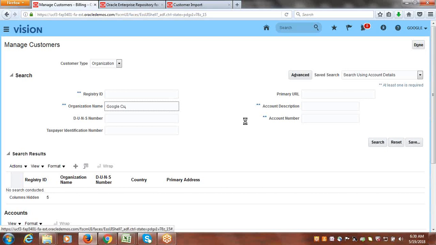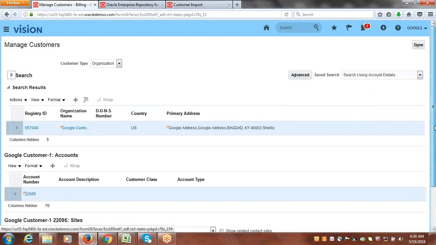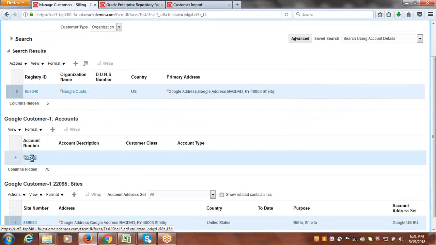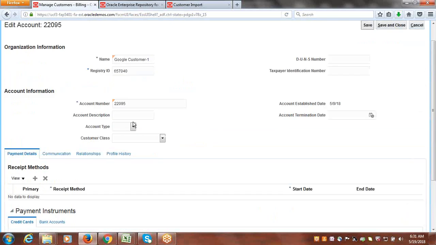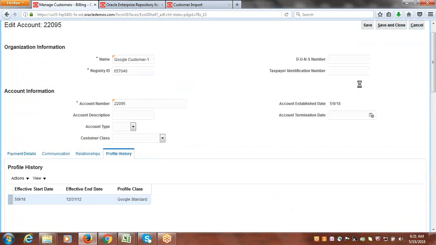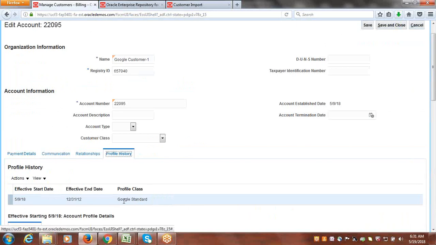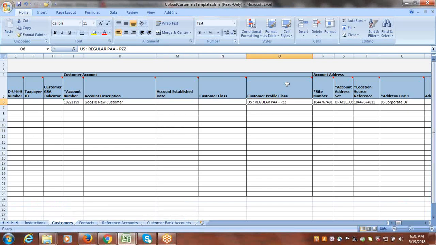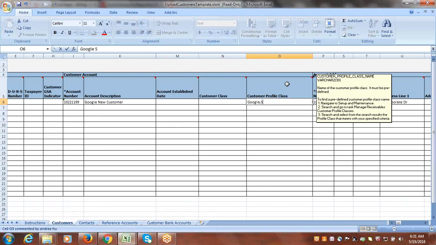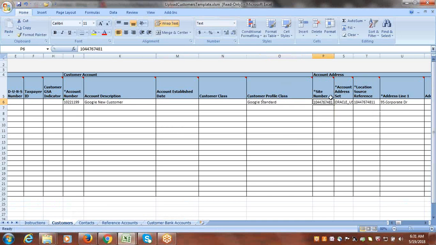If you want to see the profile class which you are using, we may click on account number. Go to profile history. So the profile class is Google standard. The same you can provide here. Google standard. Site number, can enter some number,